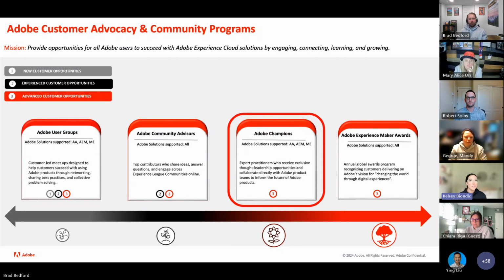They're passionate about helping other people, answering questions online, posting blogs, other content on Experience League and Marketing Nation. So it's really the heart of the community. We also have our Adobe Champions. I know we're going to be talking a lot about the Champion program, so I'll move past that for now. And then lastly, our Experience Maker Awards, which is the Oscars of Experience Cloud.